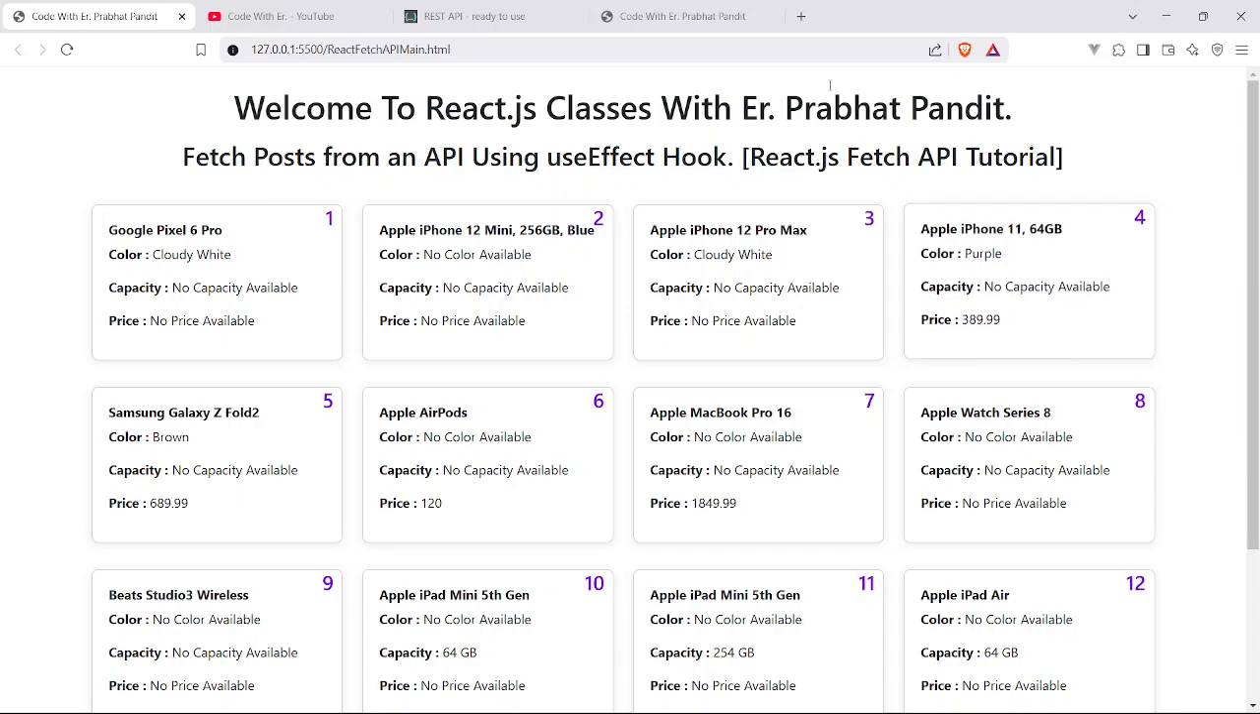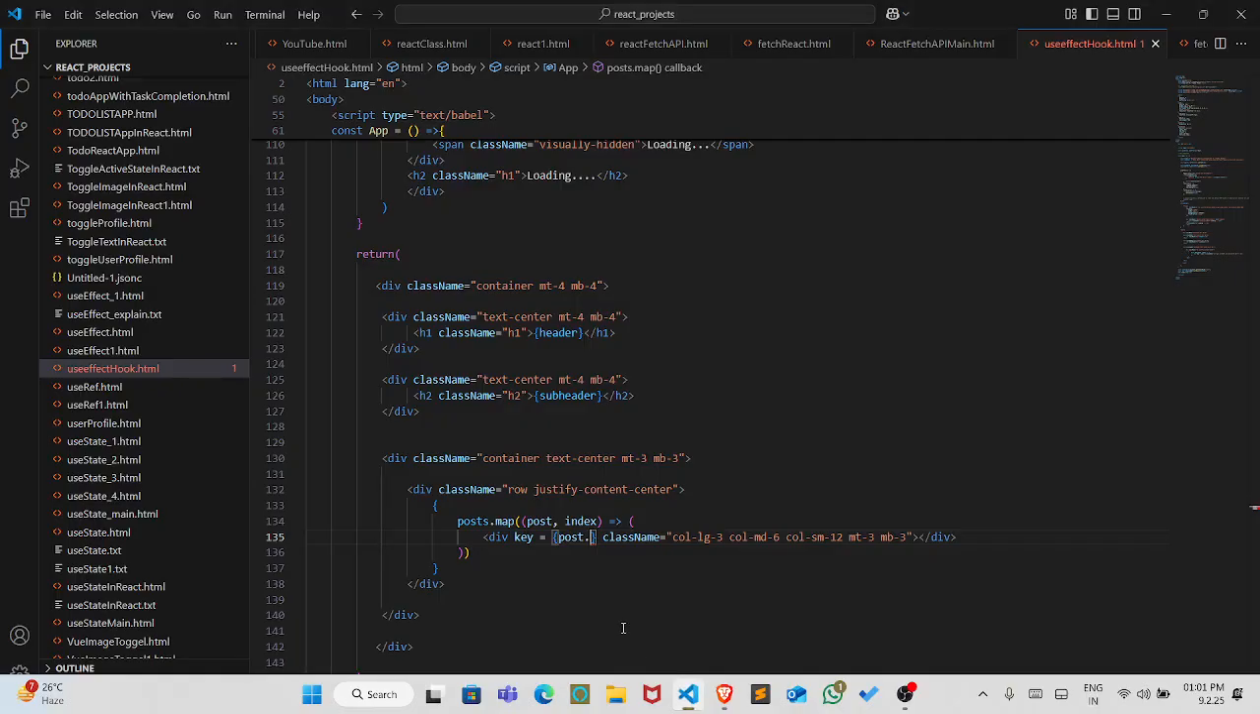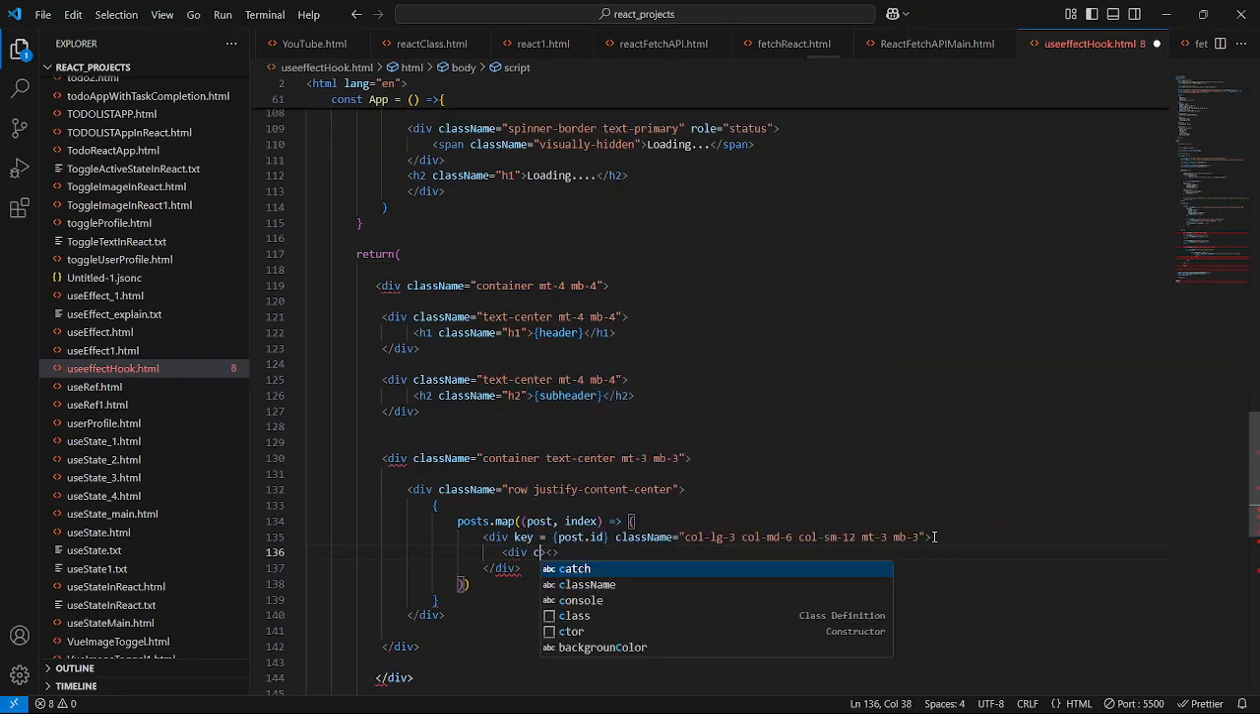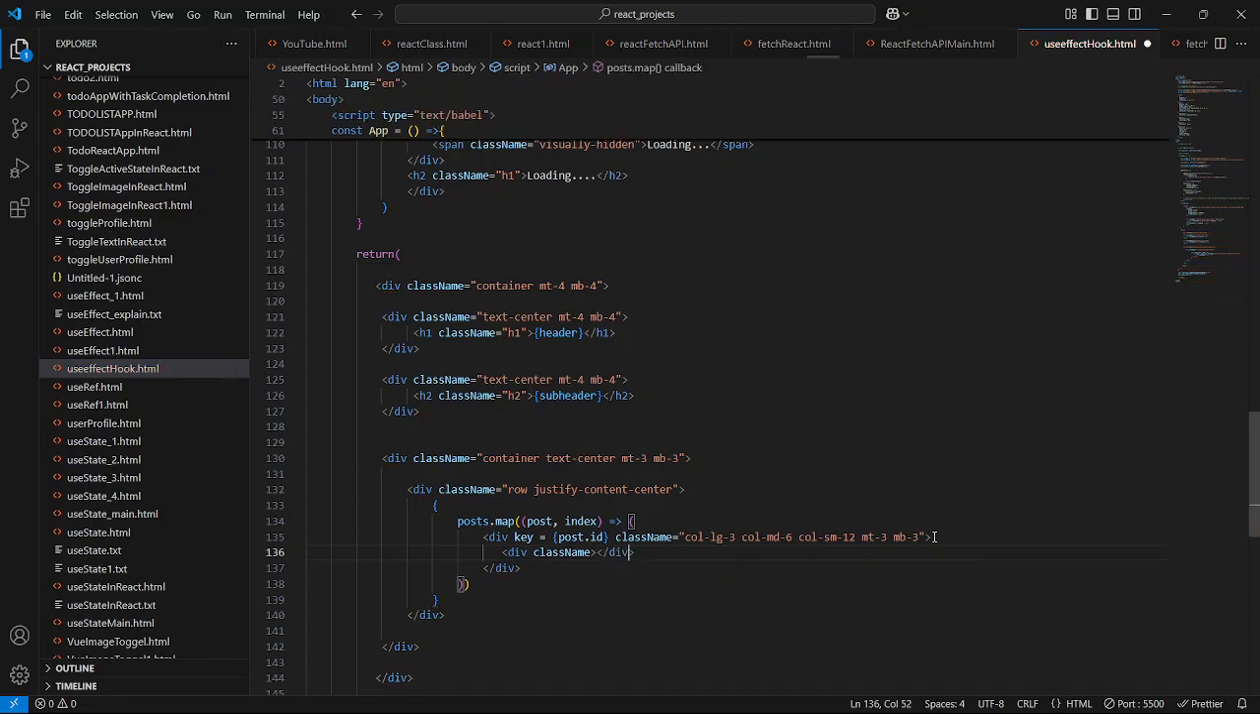So come to the code now, and just come here. We will give the post.id to show the id. Now open this div, and inside this div we are going to create another div. Create a div and give the class name also. First of all, close this div and give the class name as